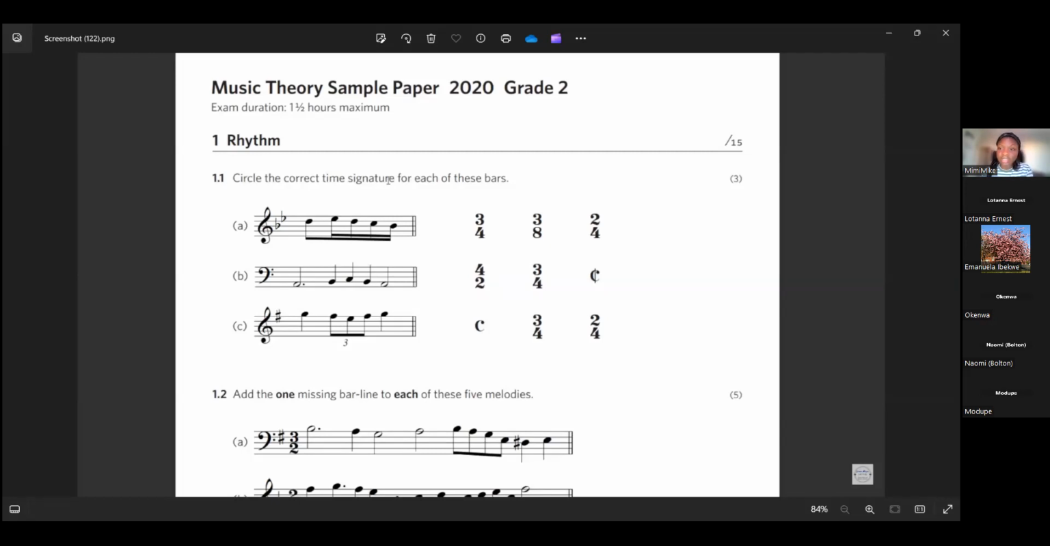So that was a very good attempt, Joy and Emanuela. They both got A and B. Yes, so A is 3-8, B is 4-2, and C is 3-4. So well done, Naomi. That was a good attempt as well. So from there we can see